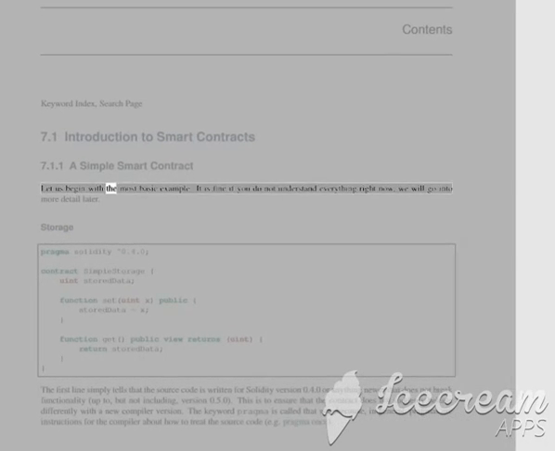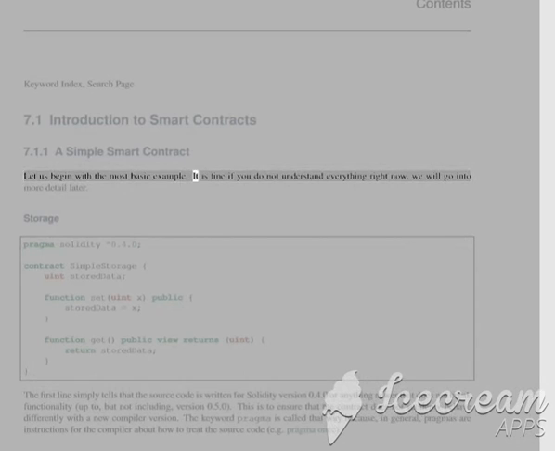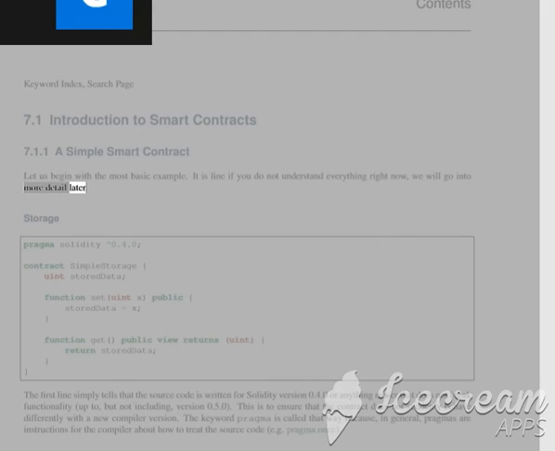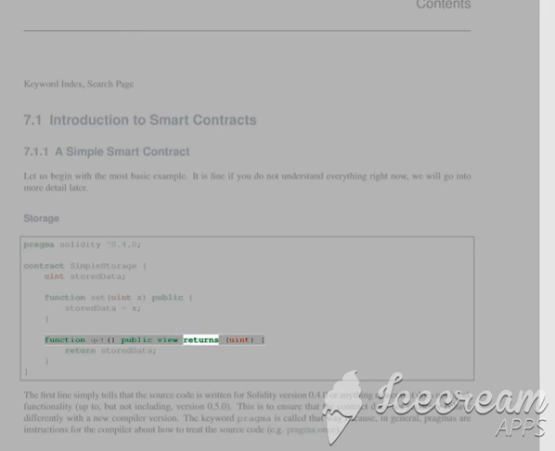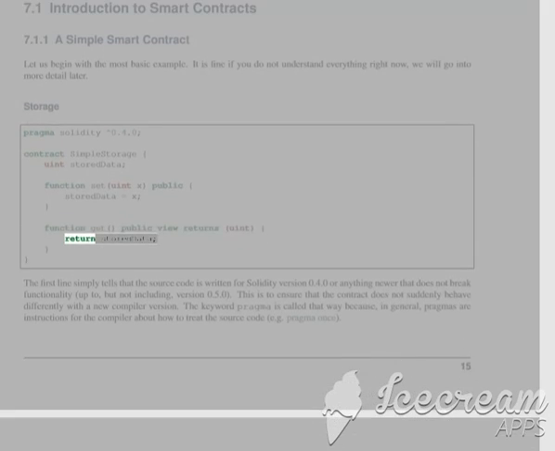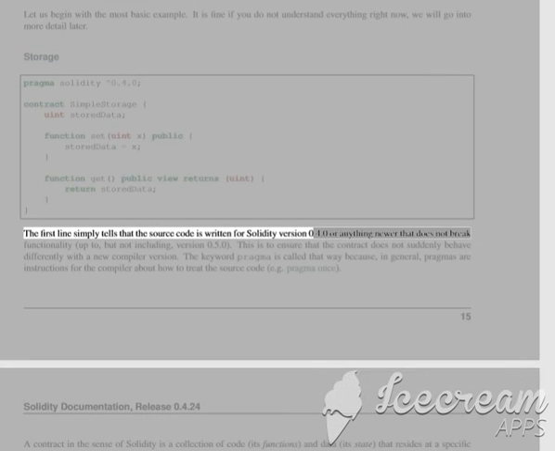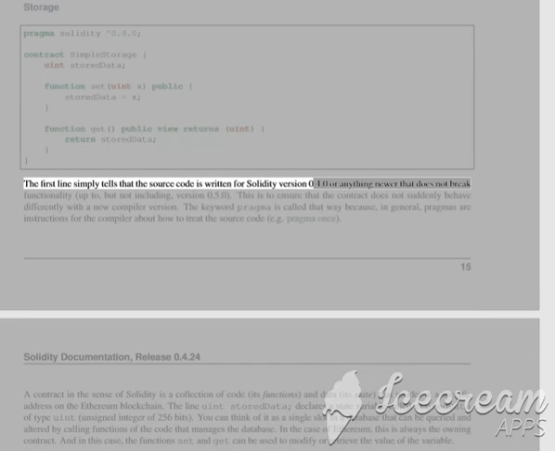Let us begin with the most basic example. If you do not understand everything right now, we will go into more detail later. Storage: pragma solidity 0.4.0; contract SimpleStorage { uint storedData; function set(uint x) public { storedData = x; } function get() public view returns (uint) { return storedData; } } The first line simply tells that the source code is written for Solidity